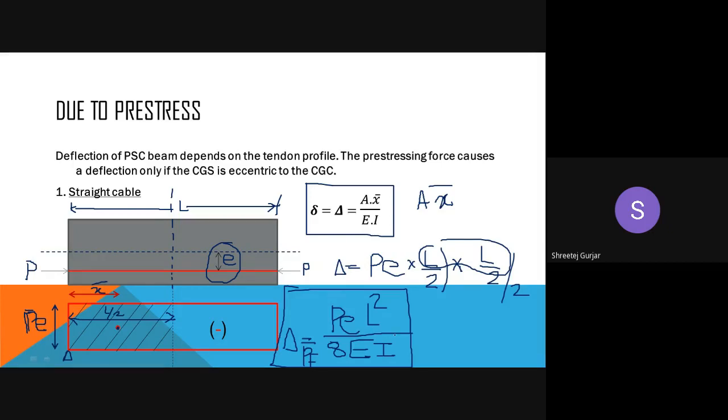So have you understood how to calculate delta when you have an eccentric cable? Have you understood, guys? Please let me know, or else I'll explain once more. Yes, sir. Understood. Understood now? Clear? Others? Yes, sir. If you didn't understand, if you are confused, the next solutions will also be difficult for you to understand. So the first thing you have to understand very clearly. Understood, guys? Others? Ranganath, are you there?